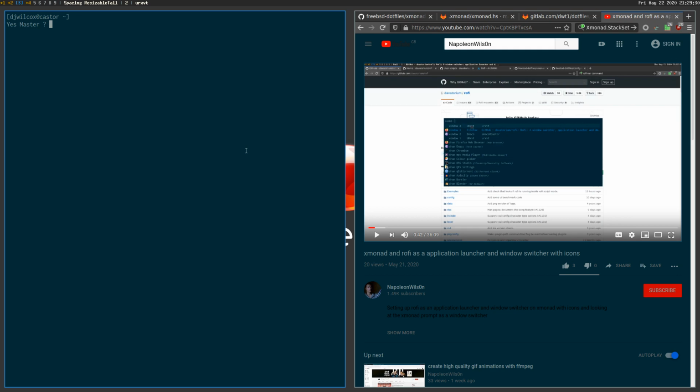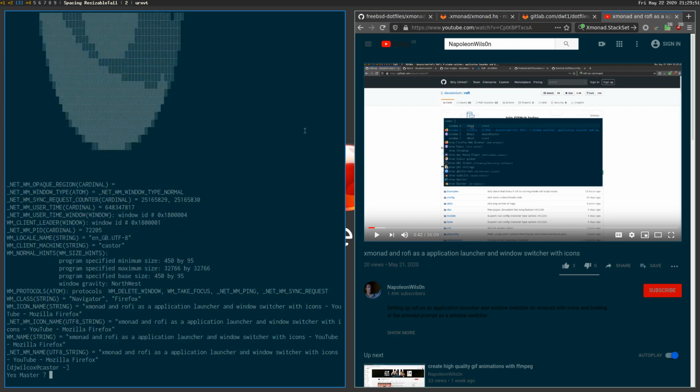But to do that you need to know some details about the window, and you do that using the xprop command. And basically what you do is you run this command in the terminal, and it will then give you a little kind of crosshairs, and you can select a window, and when you click on that window it will then display information about the window's attributes, like